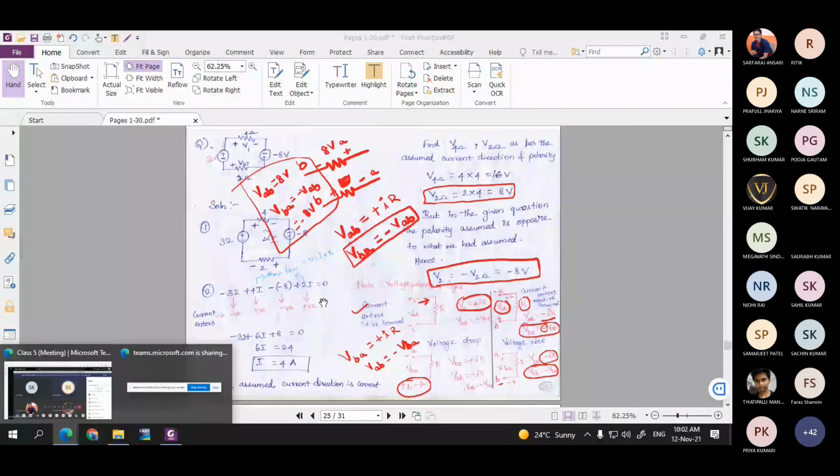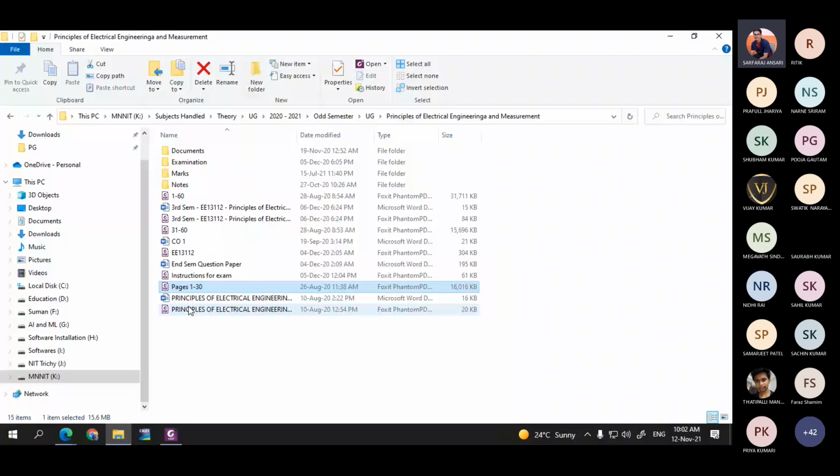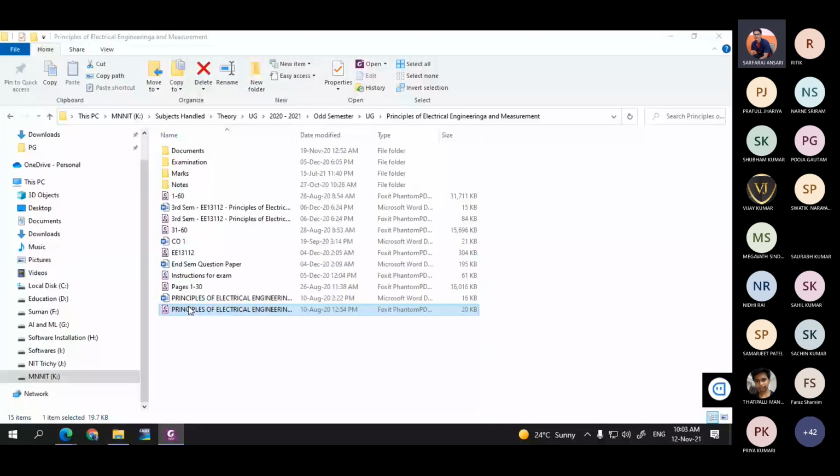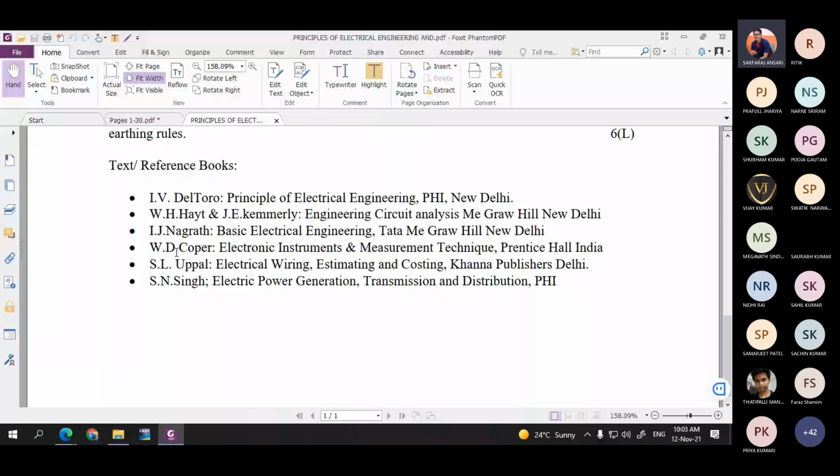Let me share my screen. You can see my screen now, right? Is it visible? Okay, fine. So preferably you choose this book. This book will be more conceptual. If you want to have more problems, then you go for Fundamentals of Electric Circuits by Alexander and Sadiku. Charles Alexander and Sadiku. Let me search it.